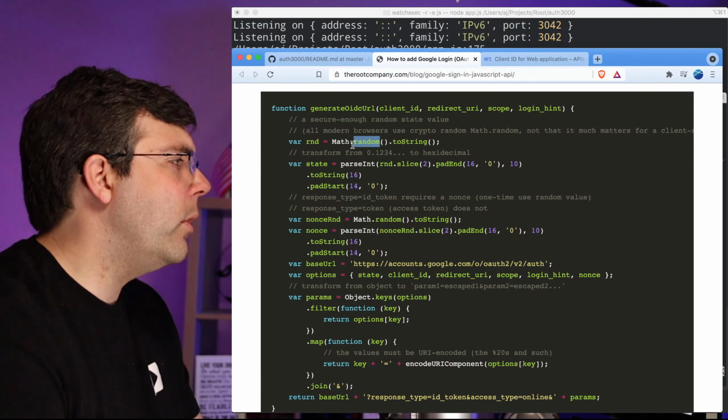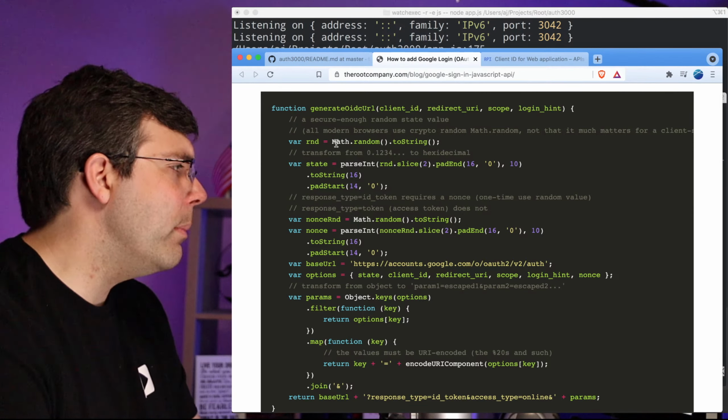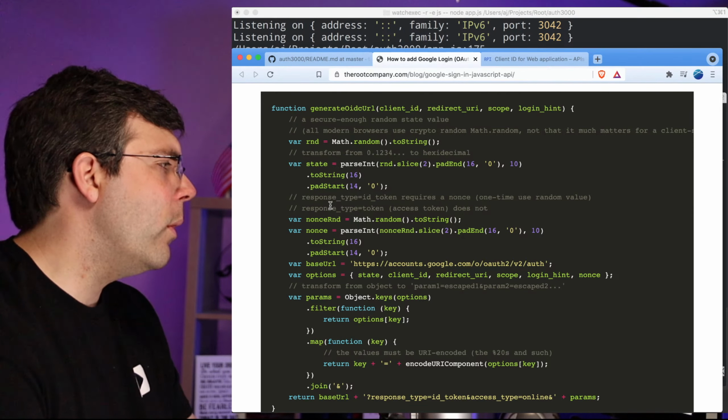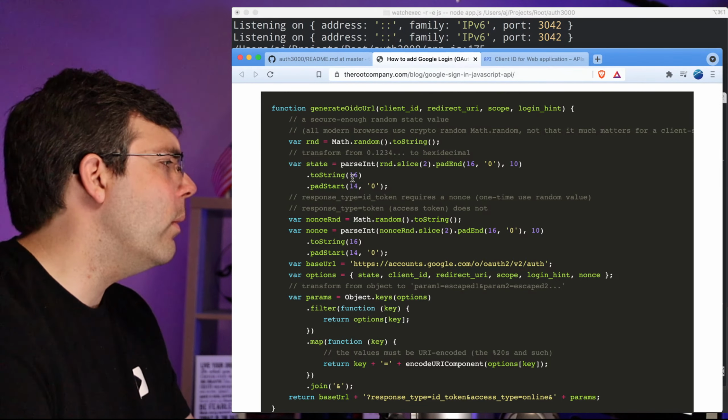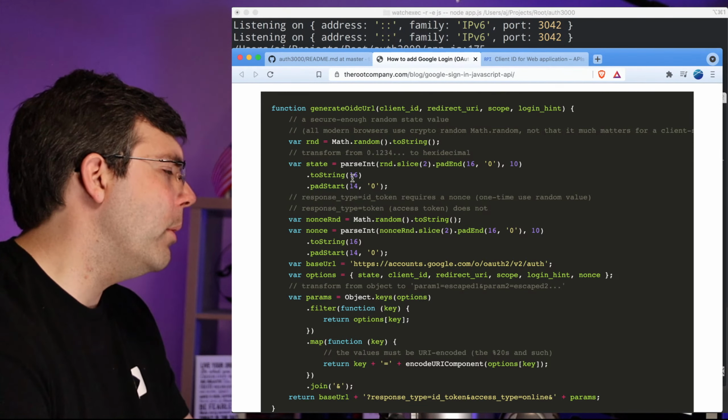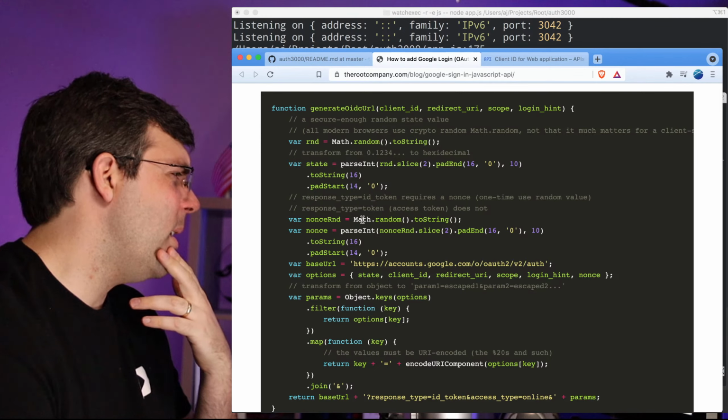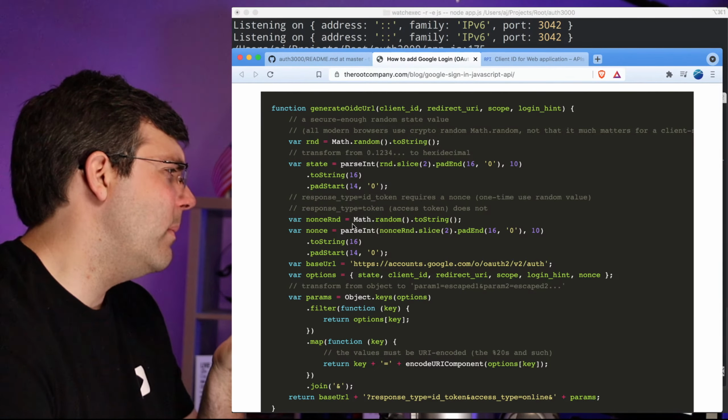But even if it weren't secure, if it was an insecure version of math.random, that's fine. For the state and for the nonce, we don't need it to be secure random per se. It just needs to be random enough. I suppose some people will argue that the nonce should be pure random. No, I don't think that matters, because you're just coming up with something, and nonce